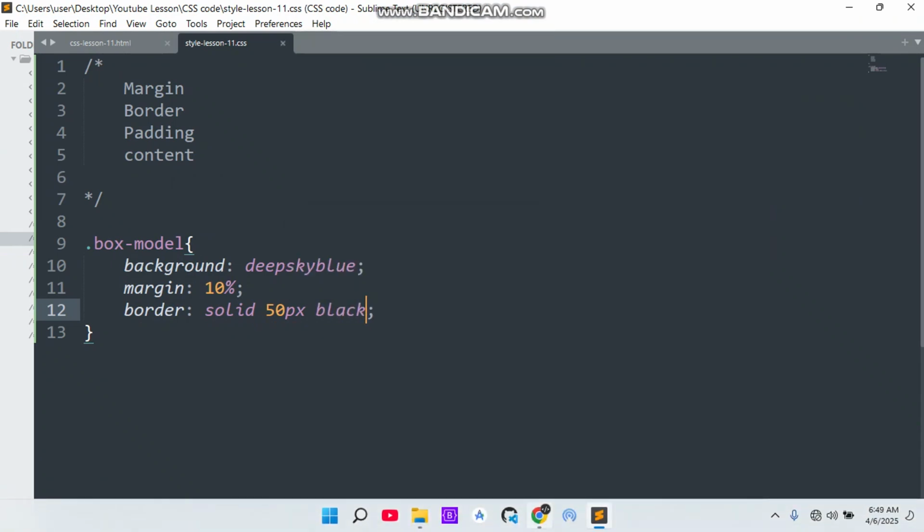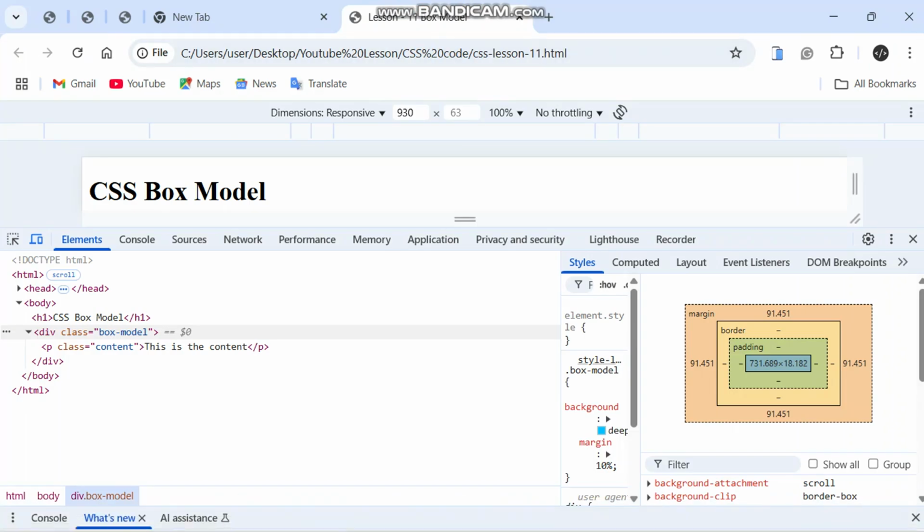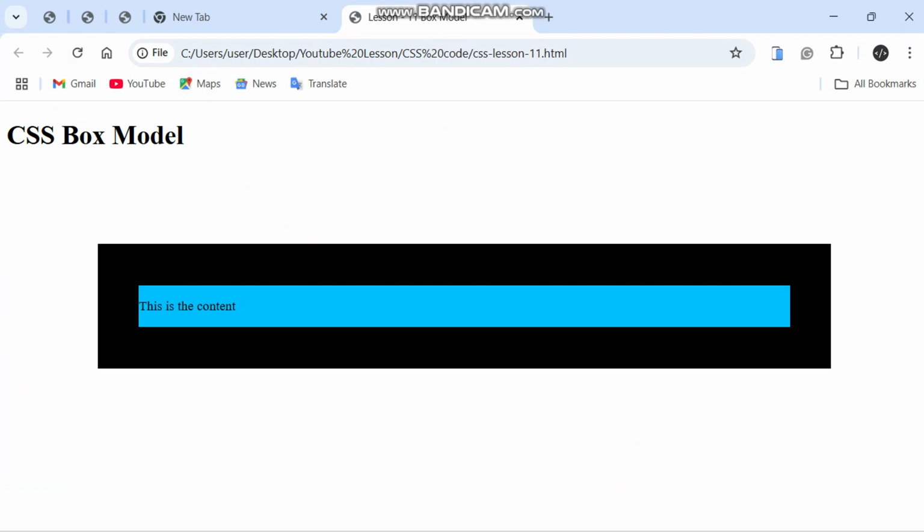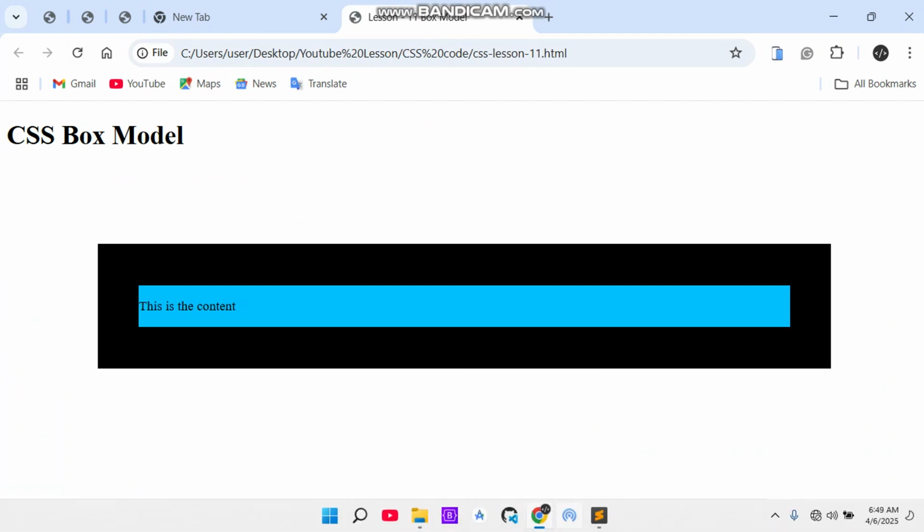Now if I come back here to our work, cancel this, inspect, and refresh this place. Now you see the border is just around the content. Okay, now the next thing we want to do,